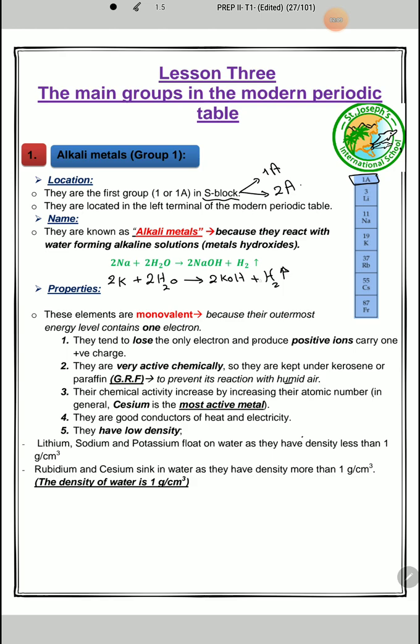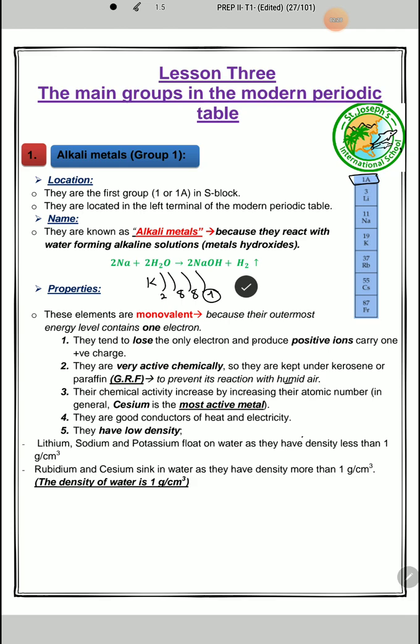What are the properties of the alkali metals? First, they are monovalent. Why? When you do the electronic configuration for any metal of these alkali metals, like potassium, for example, 2, 8, 8, 1,